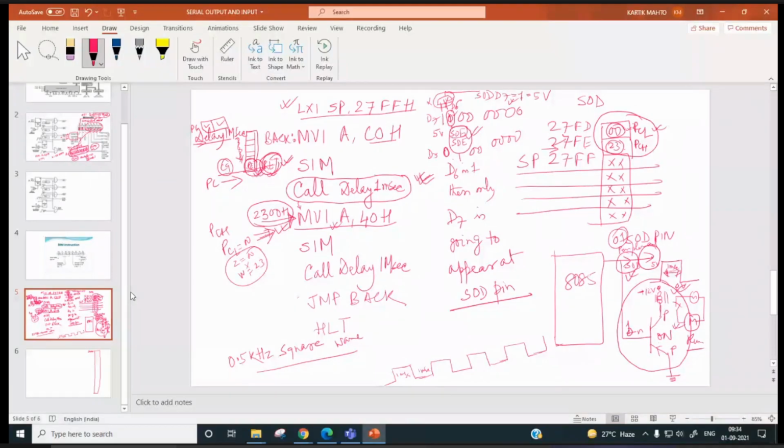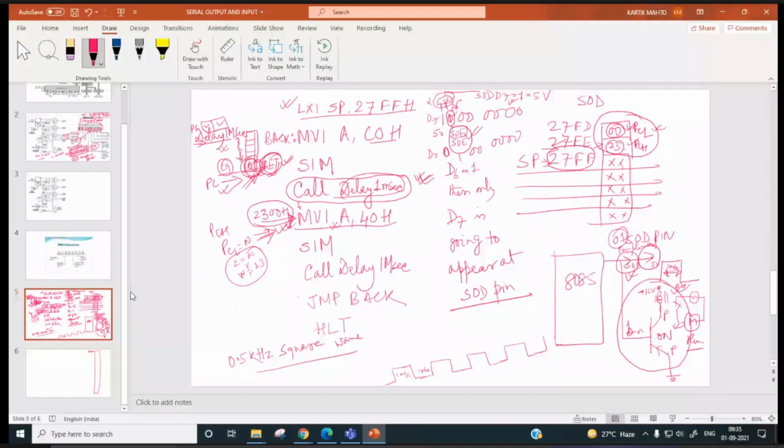The program counter is loaded with the address which was pushed before, after the call instruction, right? When the call instruction was executed, the next instruction address is pushed onto the stack, and the processor branches to the subroutine. When the return instruction is encountered in the subroutine, the program counter is again loaded with the right address which is stored at the top of the stack. So the stack pointer will again come back to 27FF, right? Okay.